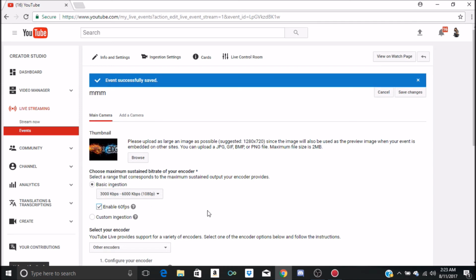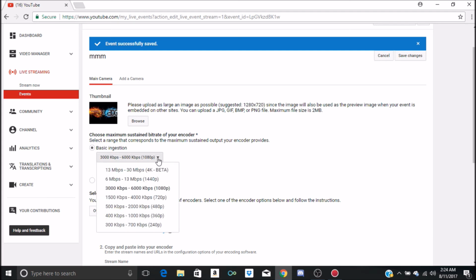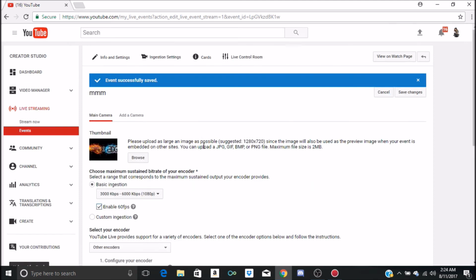If not, you don't. And that's what works the best for me because my computer runs between 3000 and 6000. Actually a little under 6,000, but I found that the 1080p works best. Also, this one will work pretty good, but it seems to be a little more laggy when I use that one. Then you can save your changes